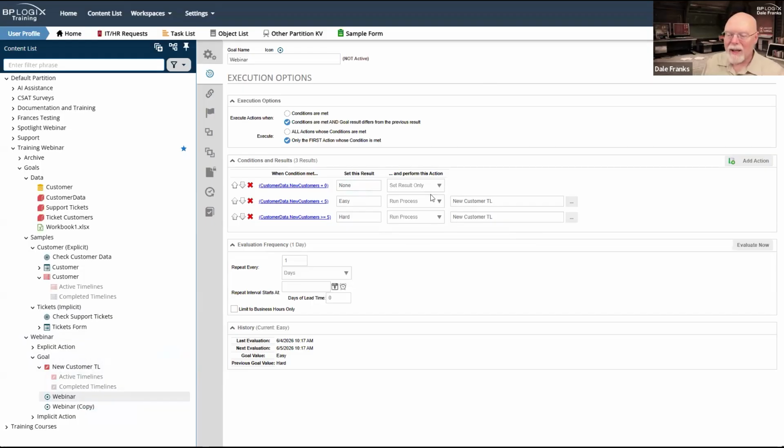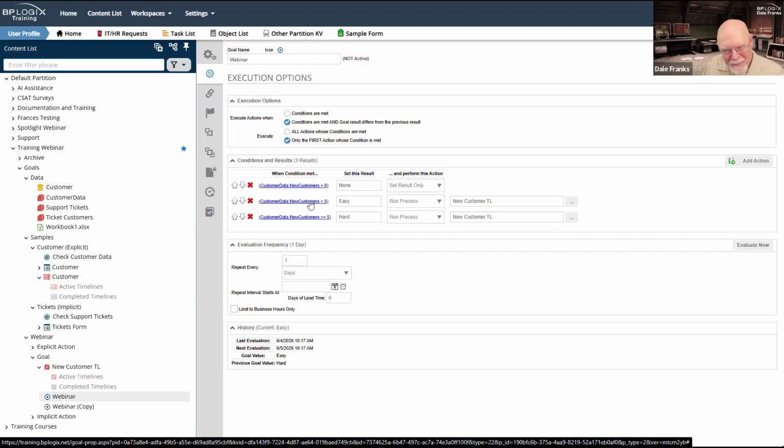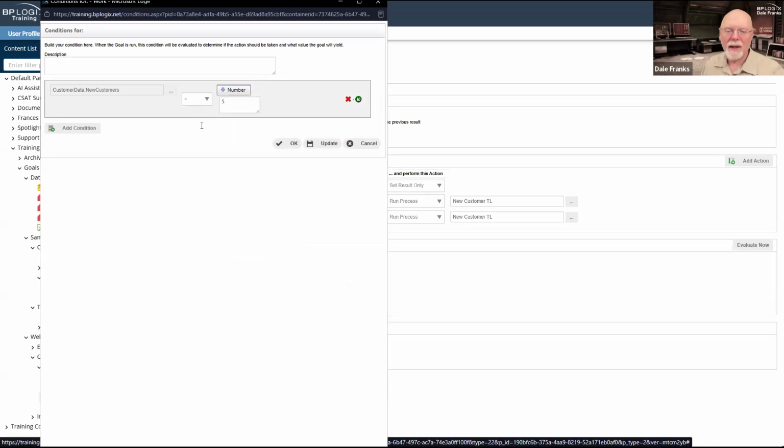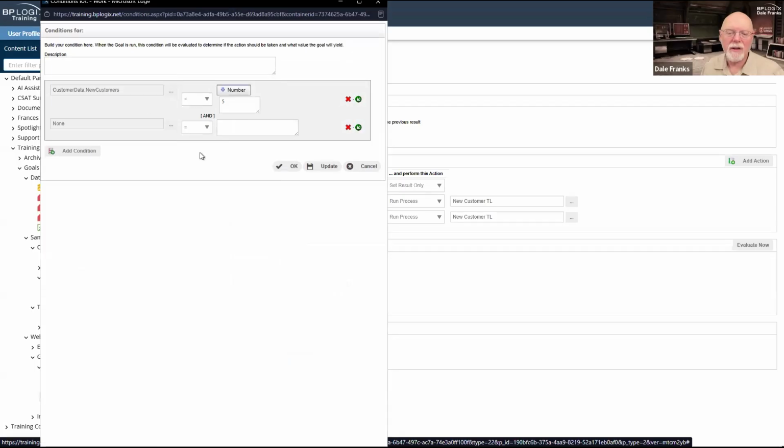So now let's see how this is going to work. Okay, if it's 0, none, we're going to set a result only. Nothing is going to happen. We're cool. Less than 5, not going to work because 0 is less than 5. So I'm going to need to evaluate this. So we're going to add an AND condition.